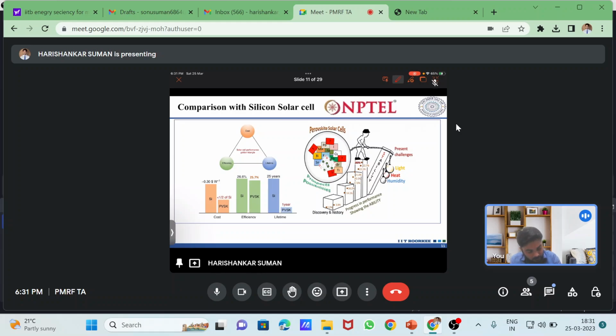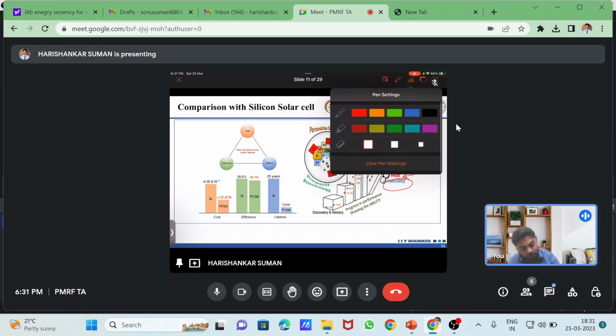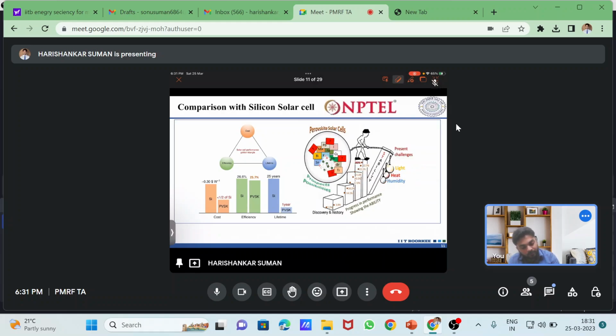We can encapsulate perovskite so humidity can be controlled and heating is also controlled. Another line of research is going on for light also. So many researches are going on today in this. If anyone can surpass these challenges,